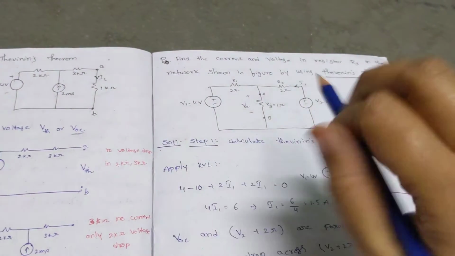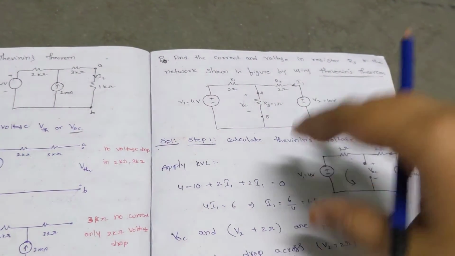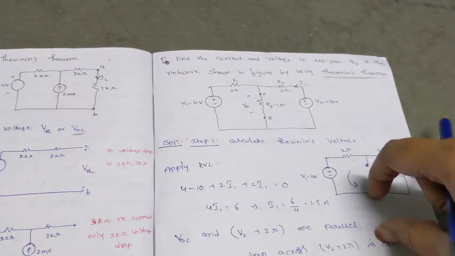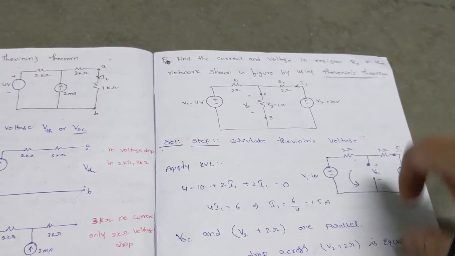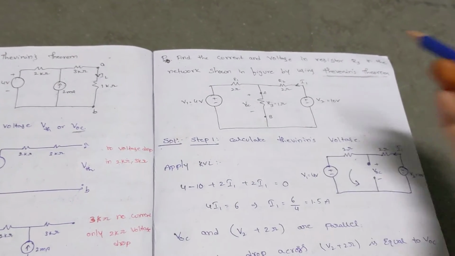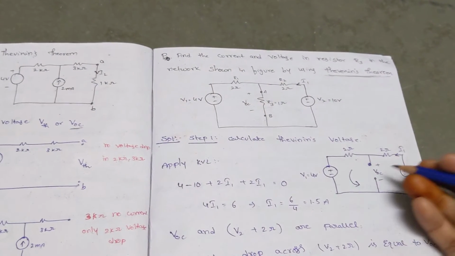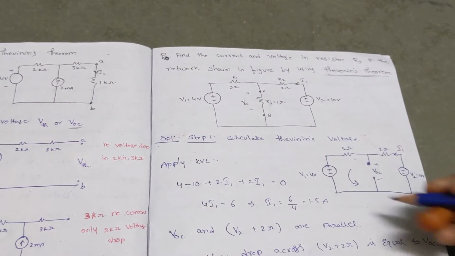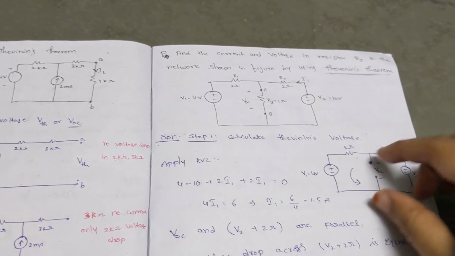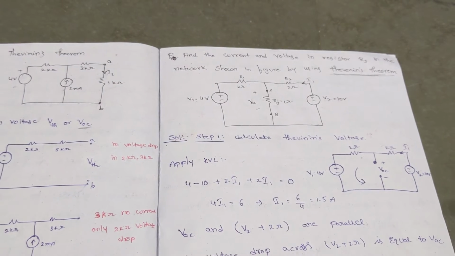Wherever you have the load resistance, it may be at the starting, middle, or end of your circuit. Across those terminals we are going to find out VOC and ZTH. Don't forget that point. So to calculate your Thevenin's voltage, I am considering the circuit by removing your load resistance. Across this, VOC will appear.